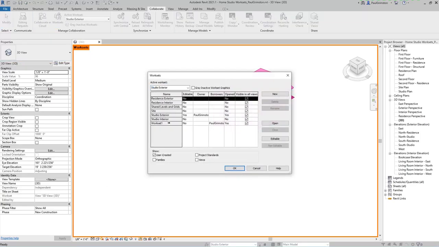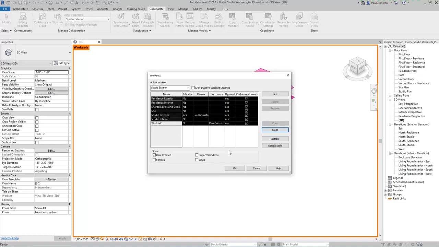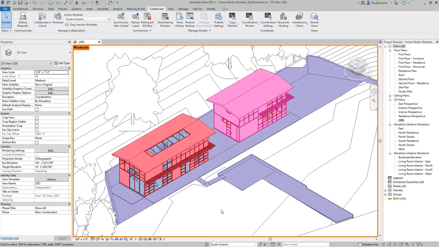We can select the remainder of the worksets and open those up. And then when we choose OK, those worksets will be reopened and our model will be back in its entirety. When opening and closing worksets in that way, that applies to the entire project. So if I go back to the worksets, and to show an alternative way of doing this, in the status